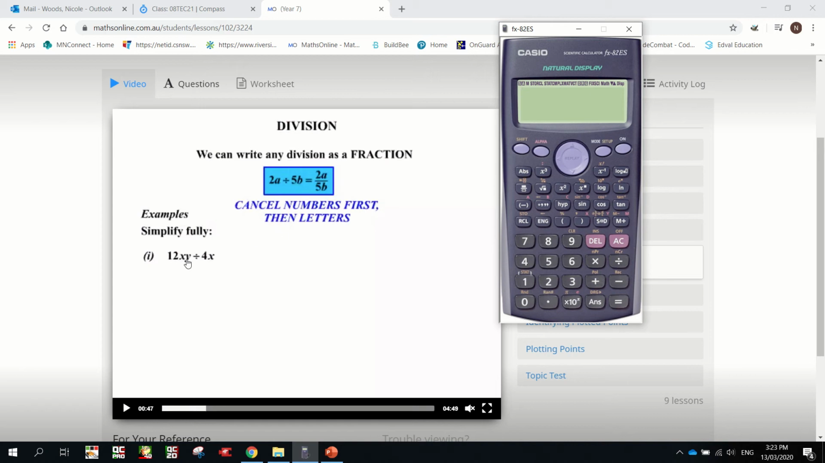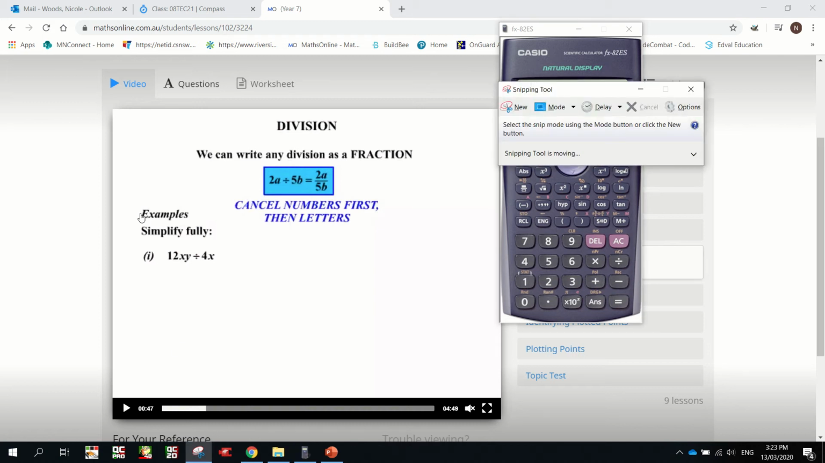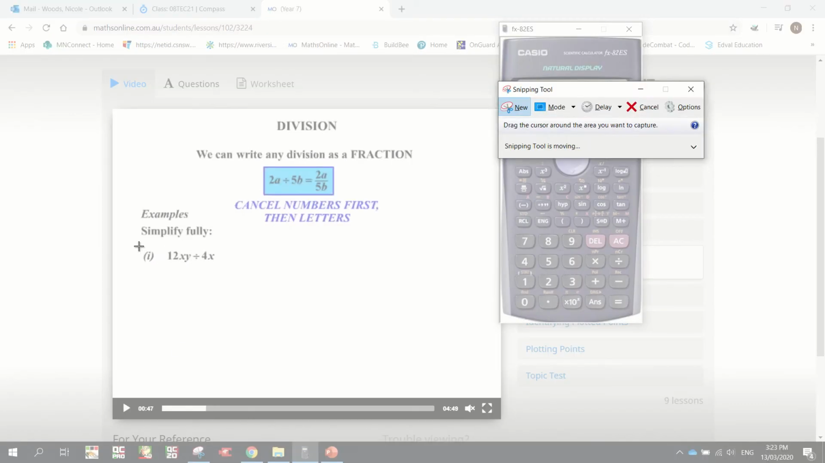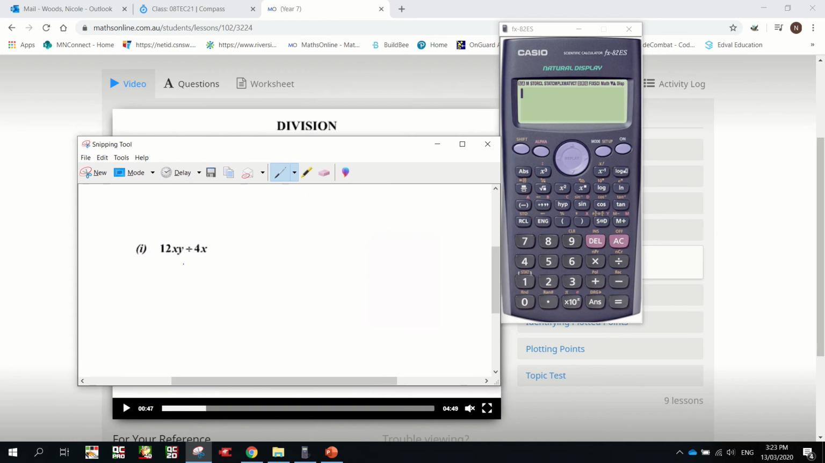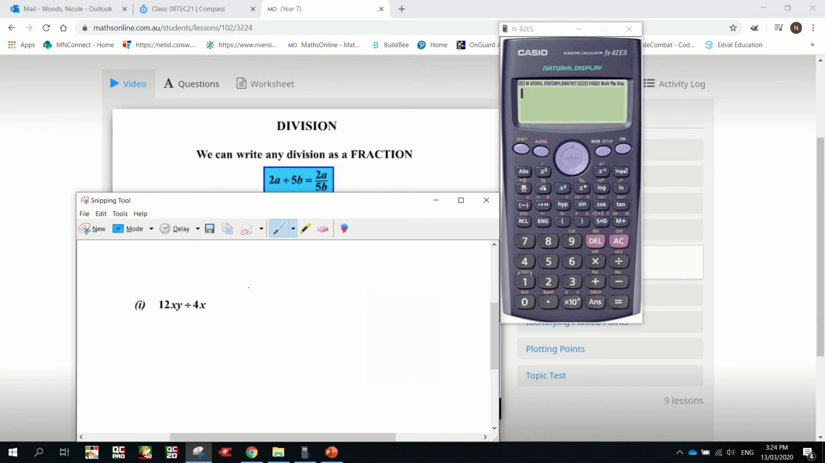So this is the question we were given as our first example. So let's try and do this one together. So I'm just going to take a little snippet of that with some space. And so this is what we've got. So 12xy divided by 4x. Let's put it down a little bit so you can see how to write it. So it says we should write that as 12xy divided by 4x, okay,